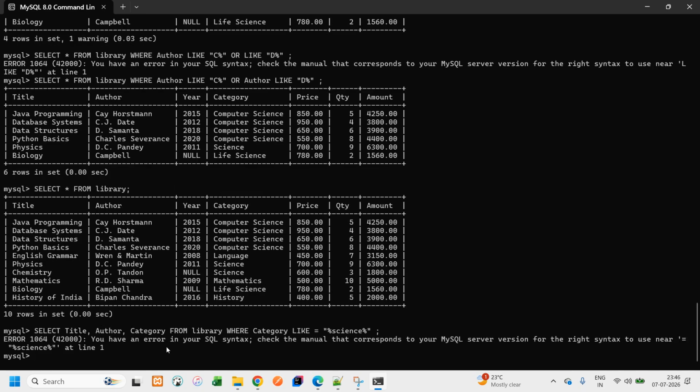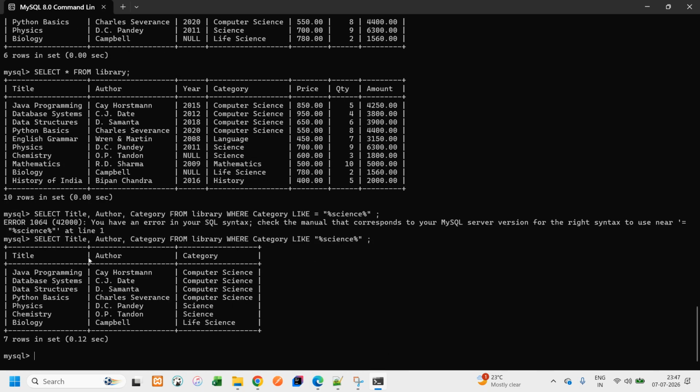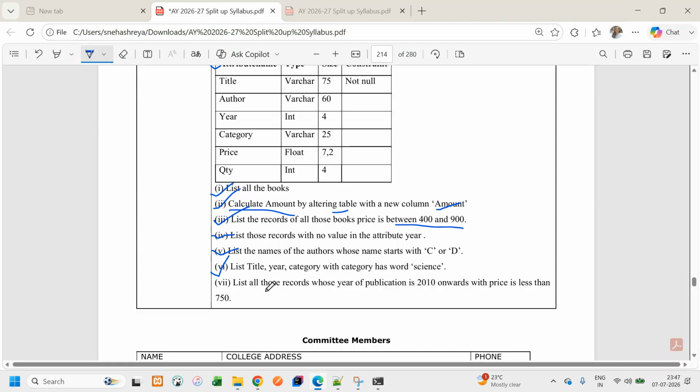Okay, it's showing you have an error in your SQL syntax, check the manual. What is the error? Science, equal to should not be there. That's the error. Now this should work. Okay. So Java programming, wherever there is science, it has printed. So computer science, life science, only science. Now this is done. Final one: list all the records whose year of publication is 2010 onwards with price less